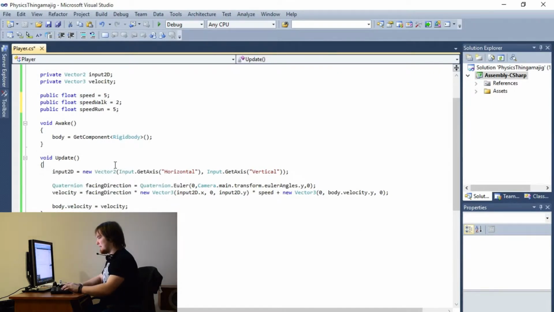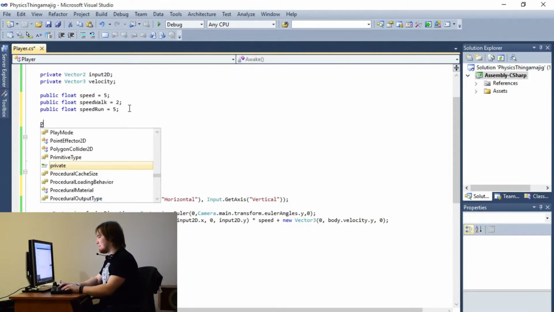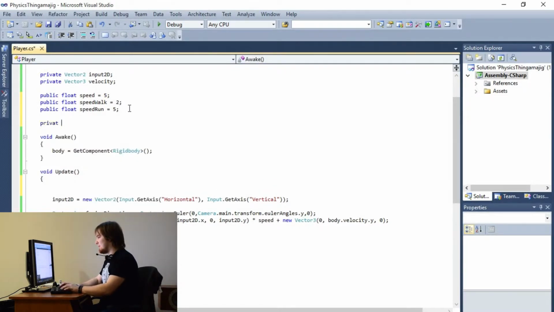So if we pressed, and then we probably would have like a private float, private bool for walk, and then we would then tell the game that walking is enabled or disabled if we press, for example,